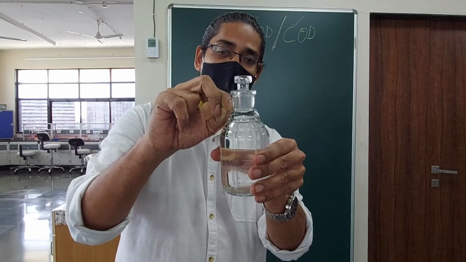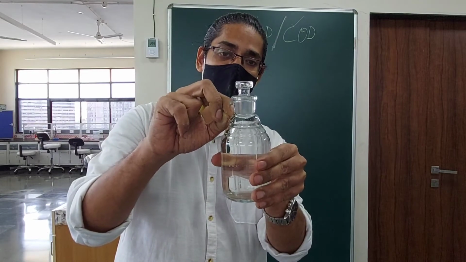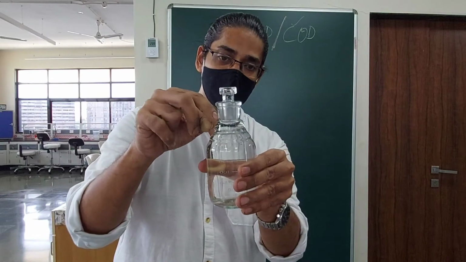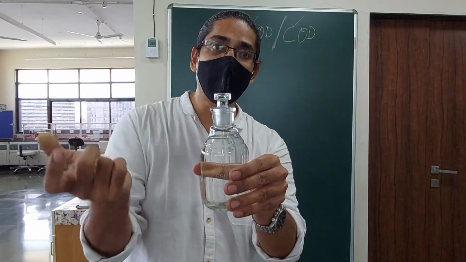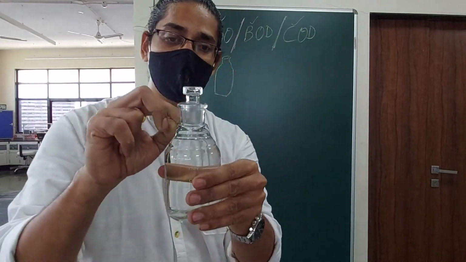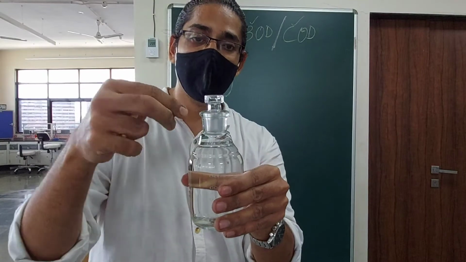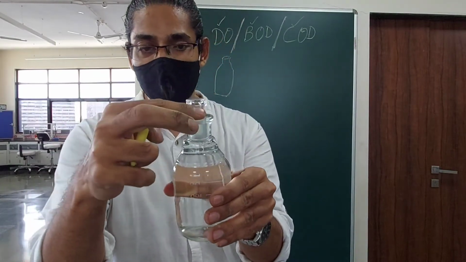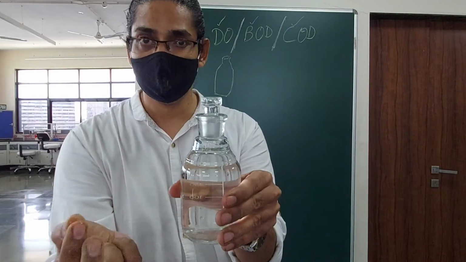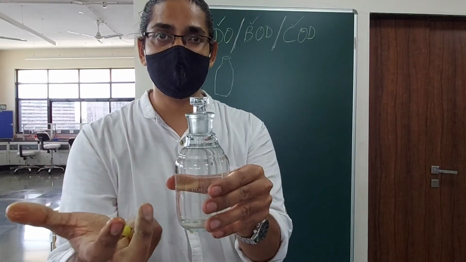Because whatever is the gap, the air remains, and some of that oxygen will also be calculated in the dissolved form, and you will get a false reading. You will say more oxygen is dissolved. So whenever you are filling the water here, it has to be there till the brim. If it spills out, like in this case, it's good, it should spill out.